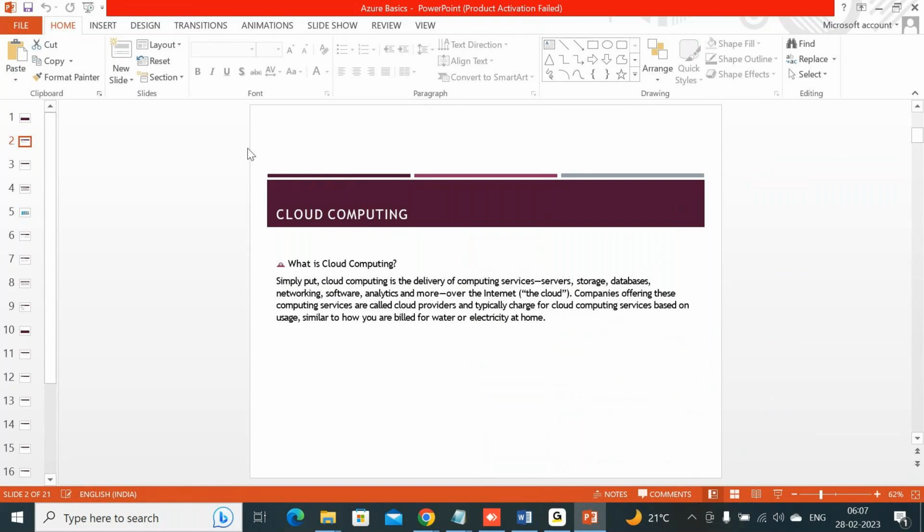Simply put, cloud computing means delivering the computing services over the internet. The companies which offer these services we call cloud providers. They build it for you, typically like how you pay your electricity bill for what you use.